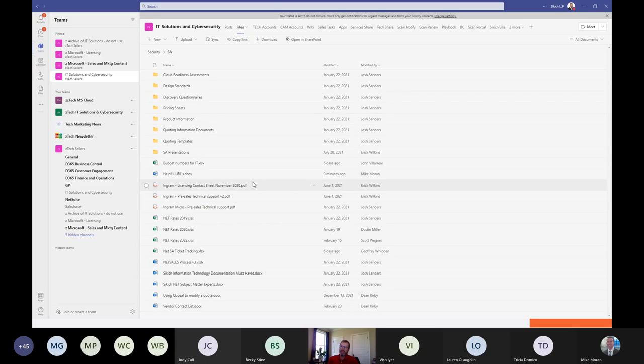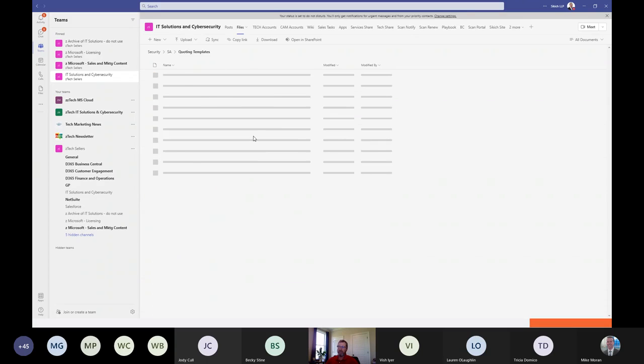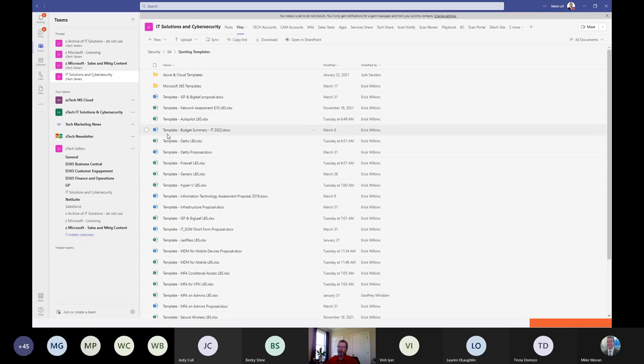But we've given access to other people, so some of our sales reps can go in here and see some of the documentation that we've been working on. But we do things like we have all of our quoting templates in here. So we create documents, we name them template, and then we have different ones that we use for different technologies that we quote out. And once we start working on one for a client, we'll rename it, put the client name in there, and then we'll put it over in SharePoint. And I'll show you how we use SharePoint in a few minutes